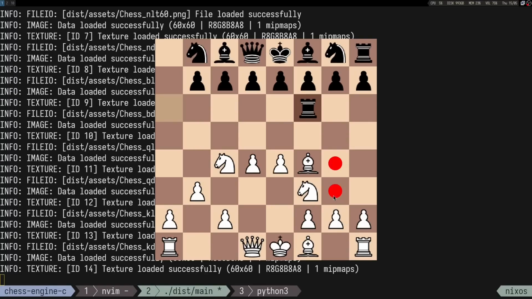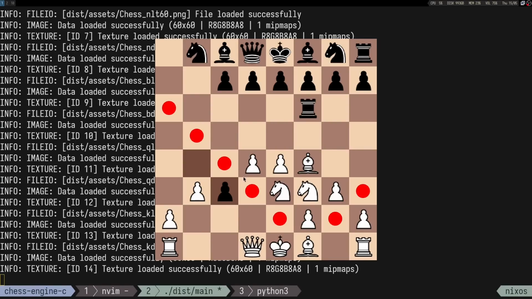It's attacking my thingy. Oh, it's annoying. But let's see if it can en passant. I mean, obviously it can en passant, but that was